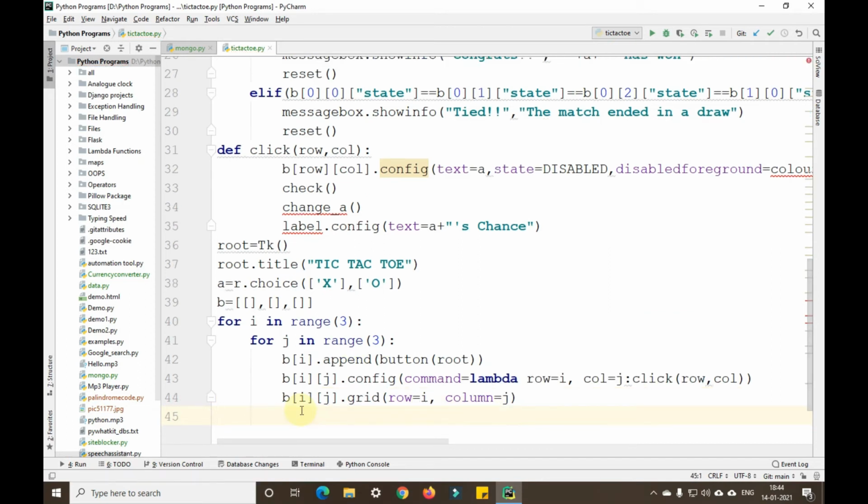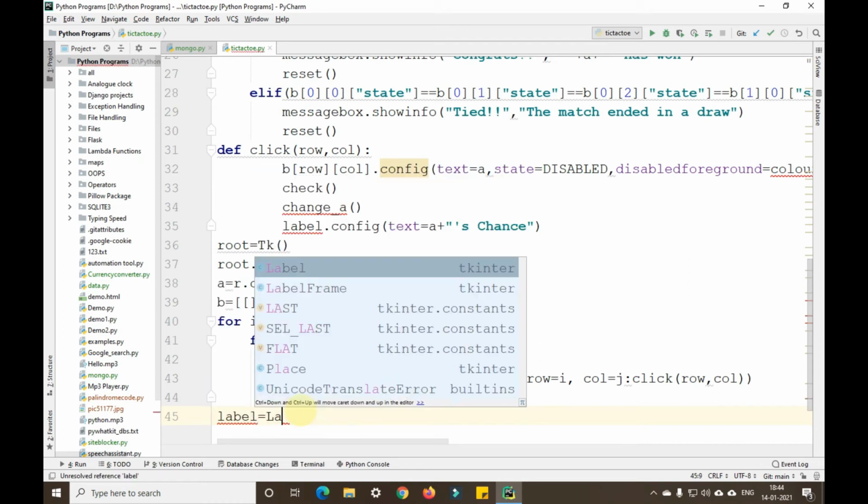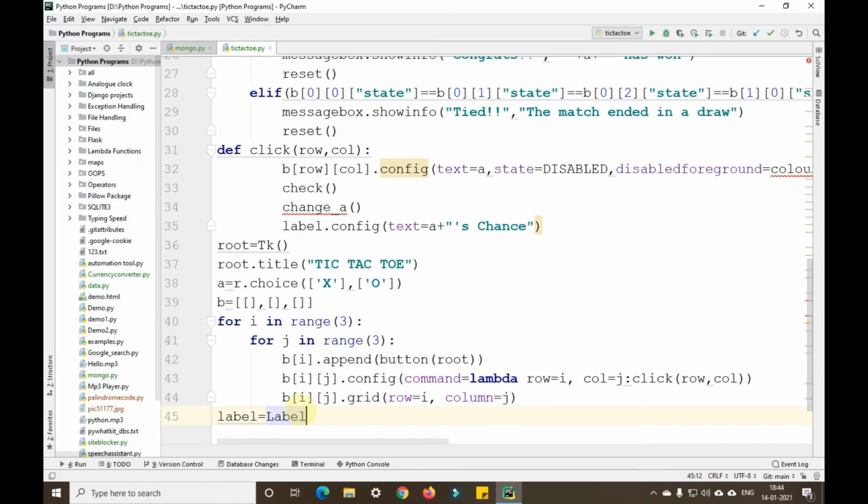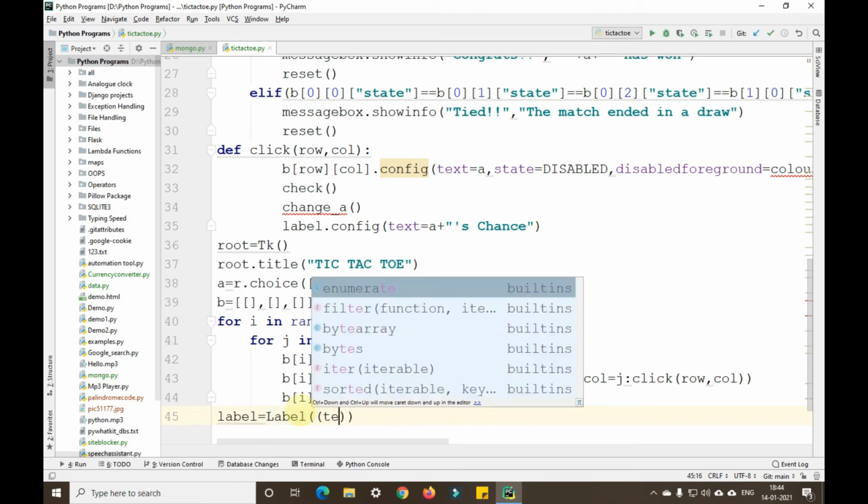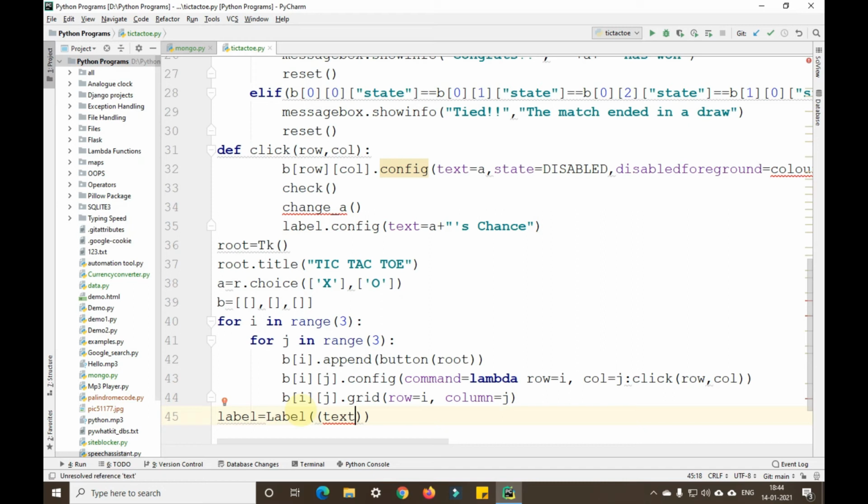Okay, now I'll write a label for that. Label equals to Label of text equals to a plus is chance.